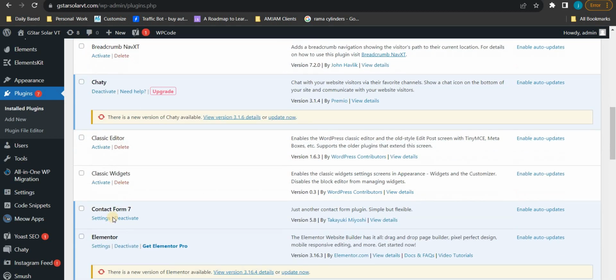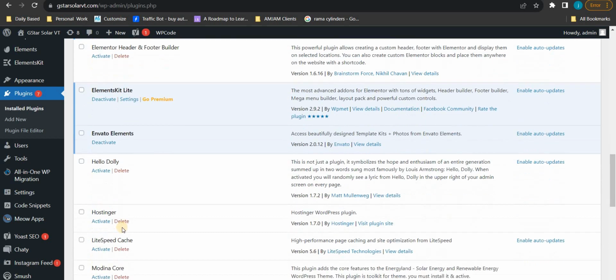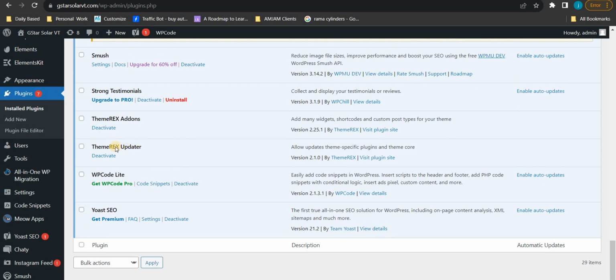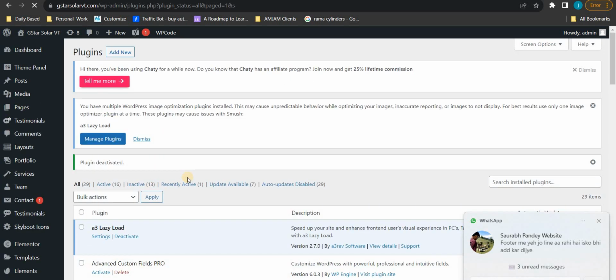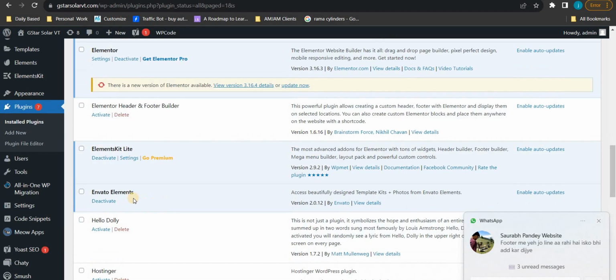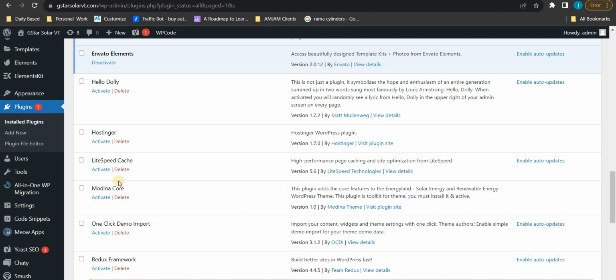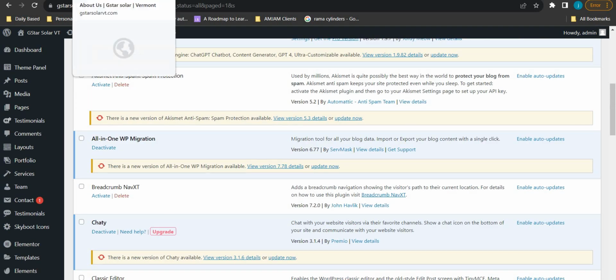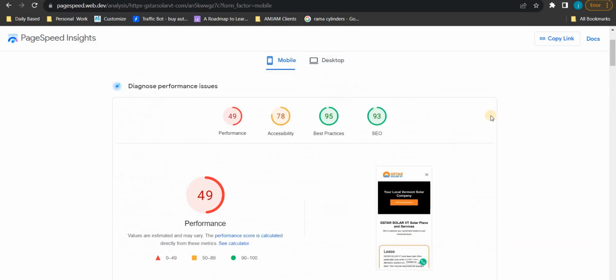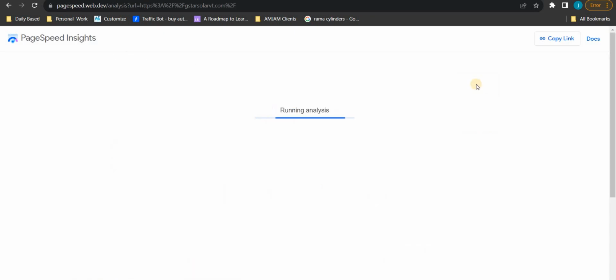The first step will be Smush, to optimize the images. After this is done, we can remove that. And the second part is lazy loading, which we can implement on the website. And if you look at the speed of the website,